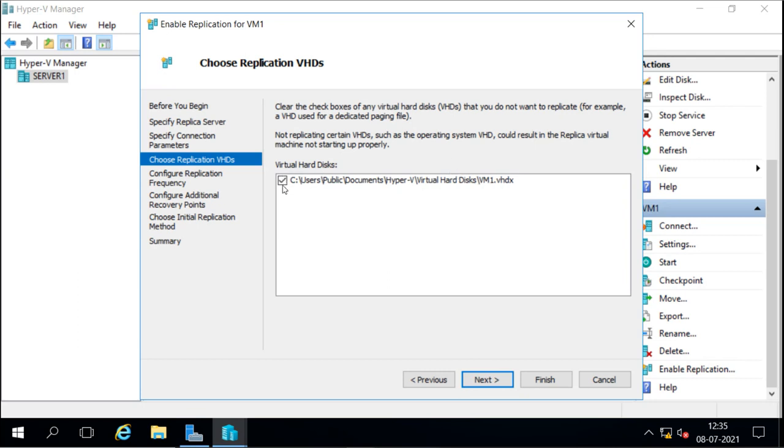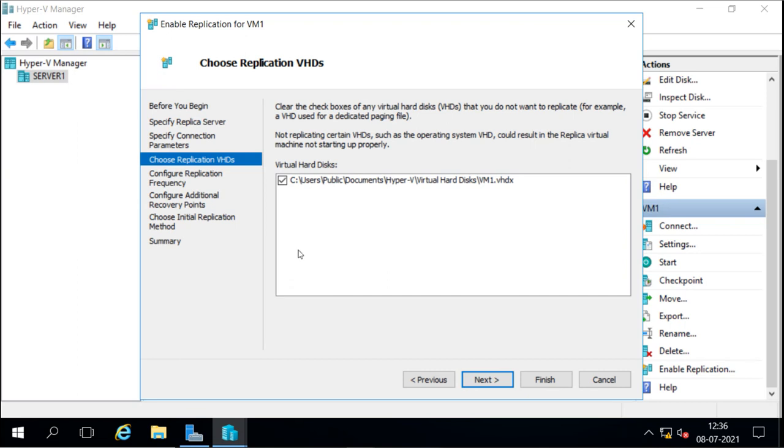So if we have multiple virtual disks here, then we have an option to choose which virtual disk we need to create the replica for. For example, we have 3 virtual disks added into this virtual machine. In the first disk we have the operating system and application. In the second and third disks we have data. Now I don't want to create the replica for data. I just want the replica for my virtual machine, configurations and applications, so that if anything goes wrong, I can get my virtual machine back with configuration and application. For the data, I will take a backup.